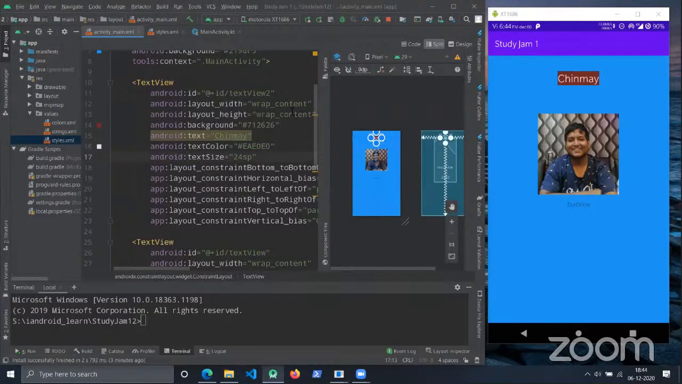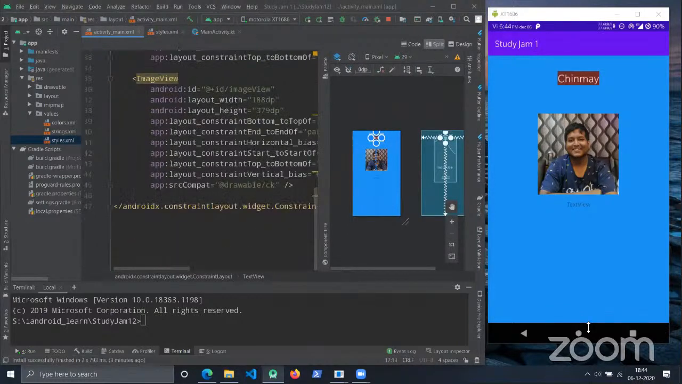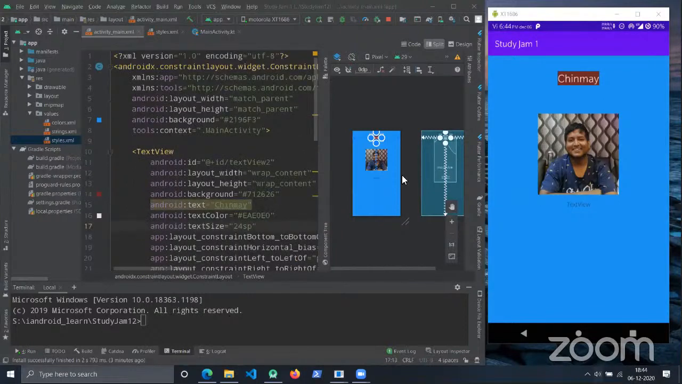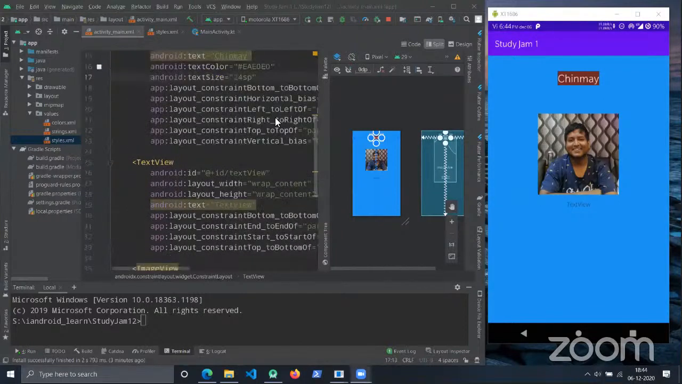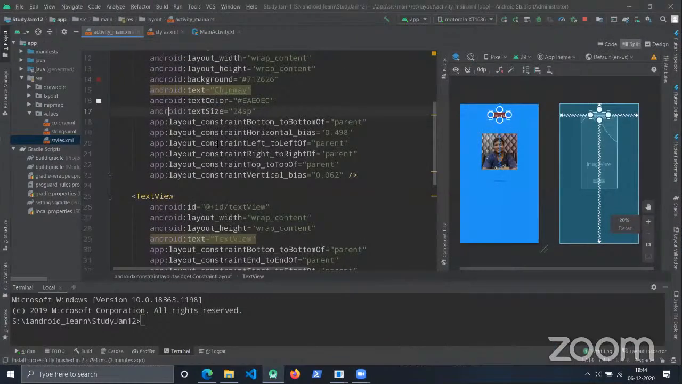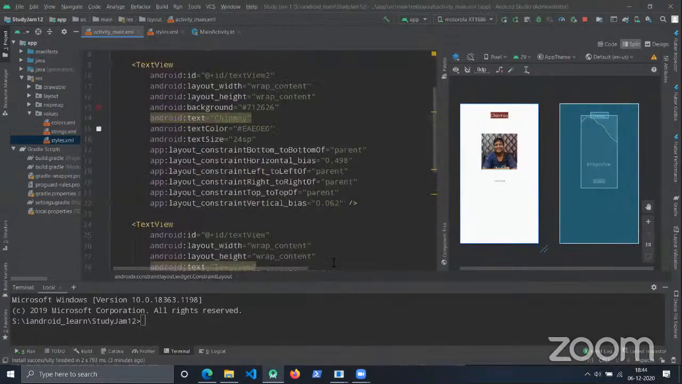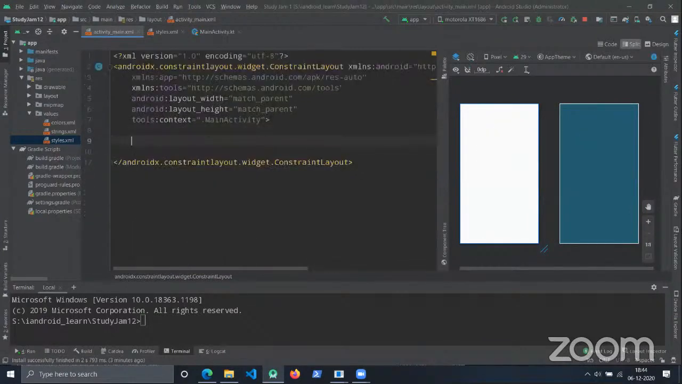Okay, thank you. So now, as Prachi asked, we should code the buttons. So we can code it and we will code it. I'll first remove this atrocity, and we will start with the text view. Suppose, so